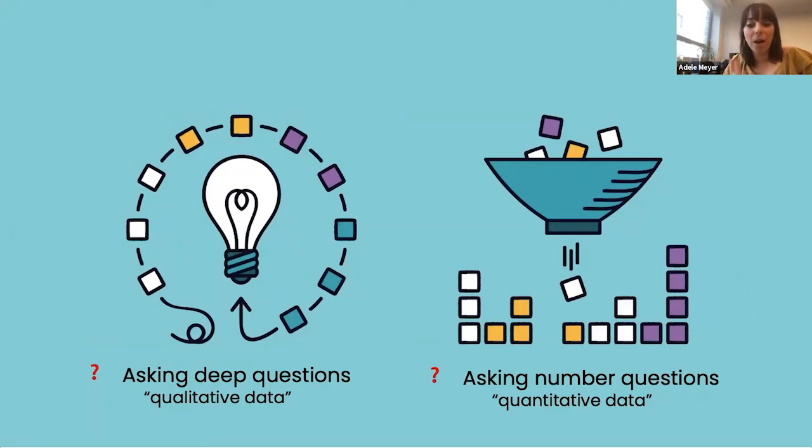The quantitative data questions might be something more like, how many dumplings did you eat today? How many times a month do you eat dumplings? How much would you pay for these dumplings? 5 pounds, 10 pounds, 12 pounds, pick one, right? So you can and absolutely should collect both quantitative and qualitative data, okay?